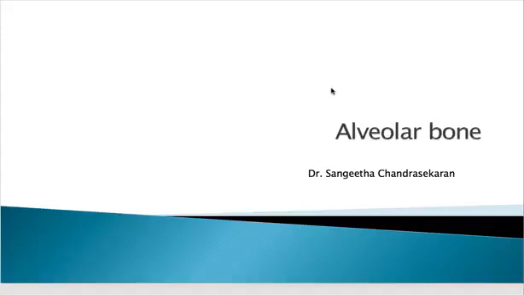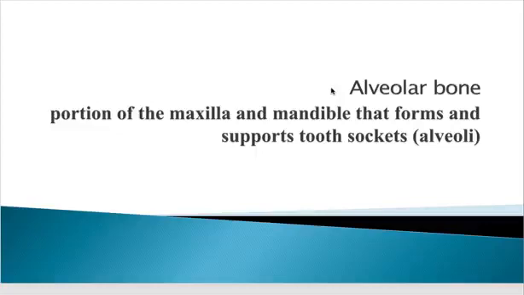In this module, we'll look at alveolar bone. The alveolar bone or alveolar process is defined as the part of the maxilla and the mandible that form and support the sockets of the teeth. The alveolar process extends from the basal bone of the jaws and develops in conjunction with the development and eruption